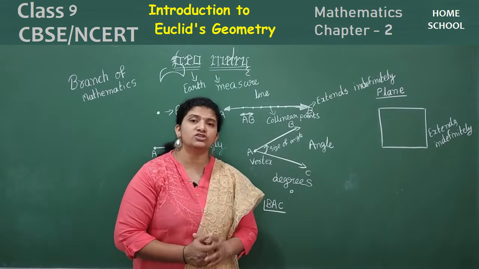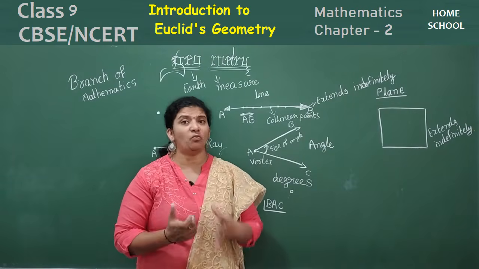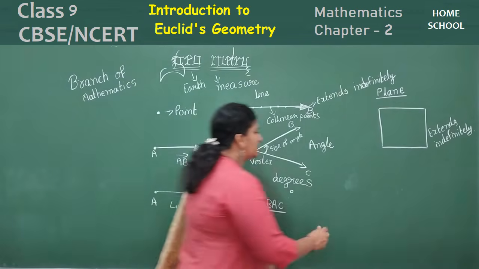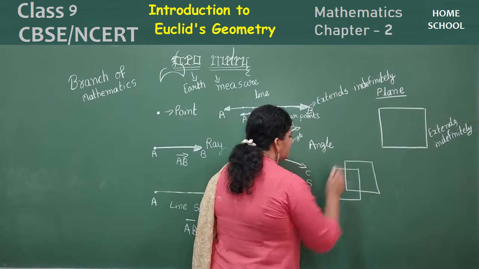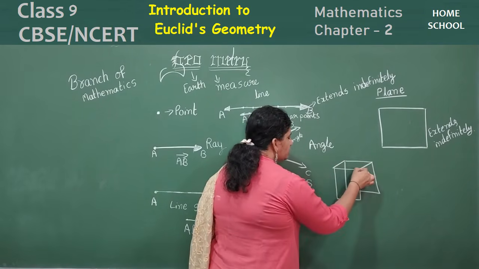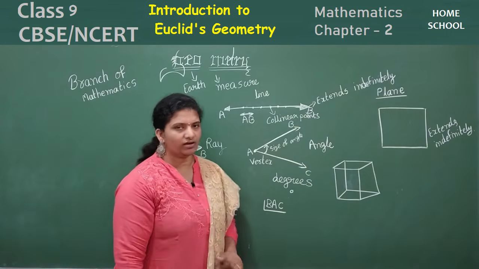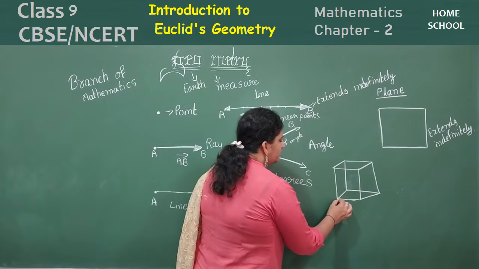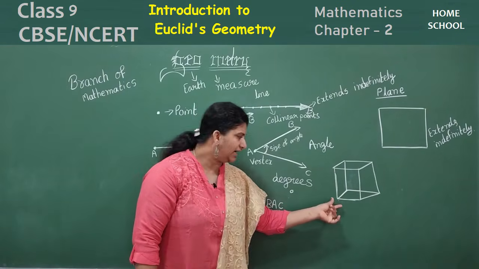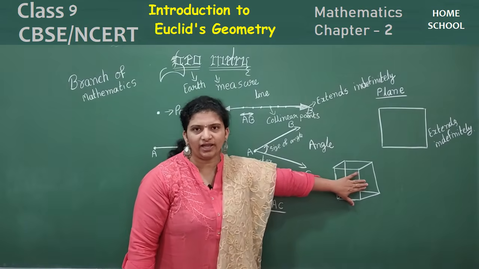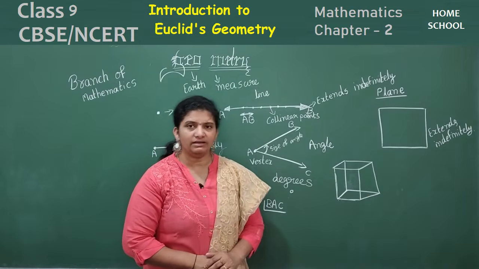A 3-dimensional figure is a solid. It has size, shape, length, breadth, height, weight, everything. So let's see the 3-dimensional figure. Look here. It is easy to draw, children, like this: draw 2 boxes and you can join them. You get the 3-dimensional figure. So look here. This is length, this is breadth, and this is height. We have here 3 dimensions. So this solid is a 3-dimensional figure, and it can move from one place to another.